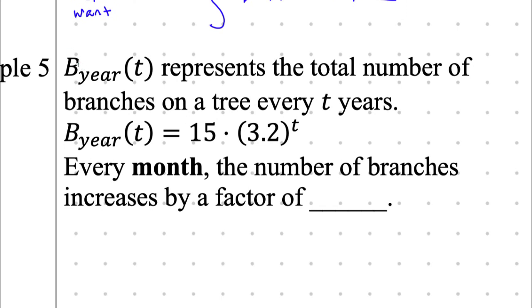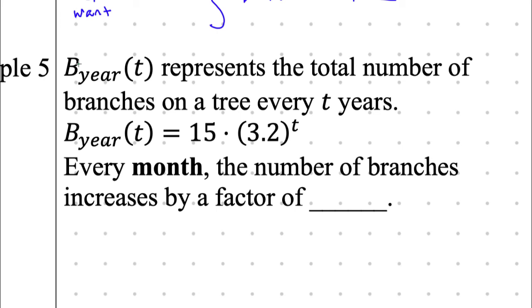So now we're going to have something with a year. Capital B for a year represents the total number of branches on a tree. And it's going to keep growing more branches throughout the year. Jaden? Sorry, I was just getting the calculator. I'll show you. I believe you because we have trust. So I have this equation for branches on a tree, but every month the number of branches increases by what